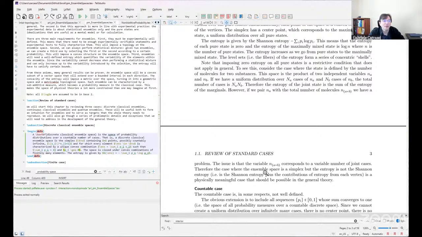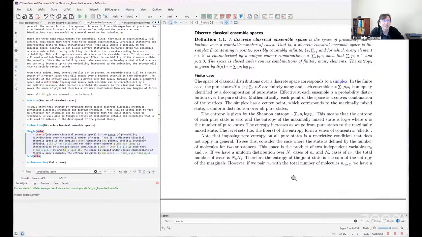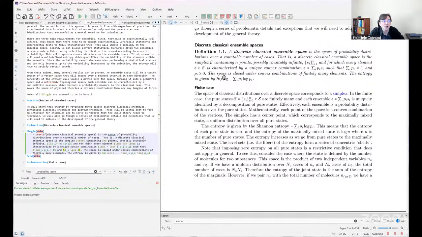Therefore, the case where the ensemble space is a simplex, but the entropy is not the Shannon entropy, but the Shannon entropy plus the contribution of the entropy for each vertex, is a physically meaningful case that should be possible in the general theory. So the whole point of this is that here we are assuming that the entropy is